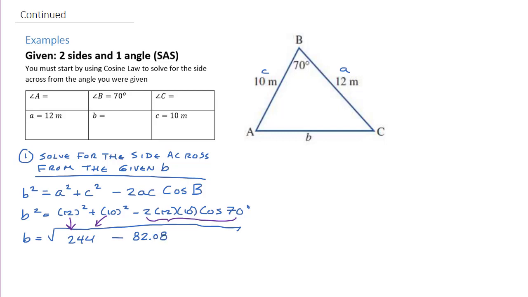Now again, when I'm doing this on my calculator, I just store that number, then I subtract it from 244, and then I take the square root of it. And just to save time here, we get B is approximately 12.72. And I'm going to write dot, dot, dot,